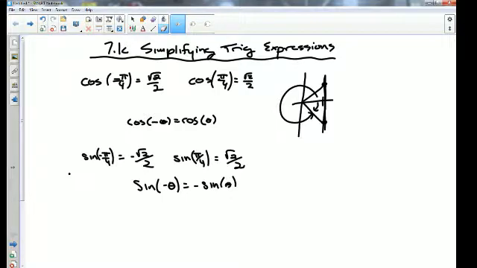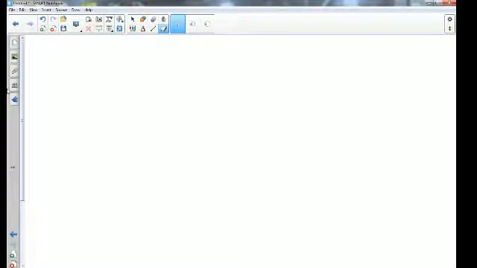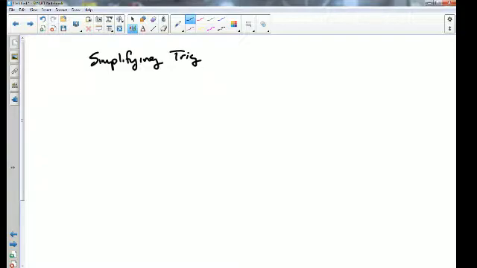Okay. Here's the meat of today. This is simplifying trig expressions. This is our first step in solving trig equations. So if I have something like this,